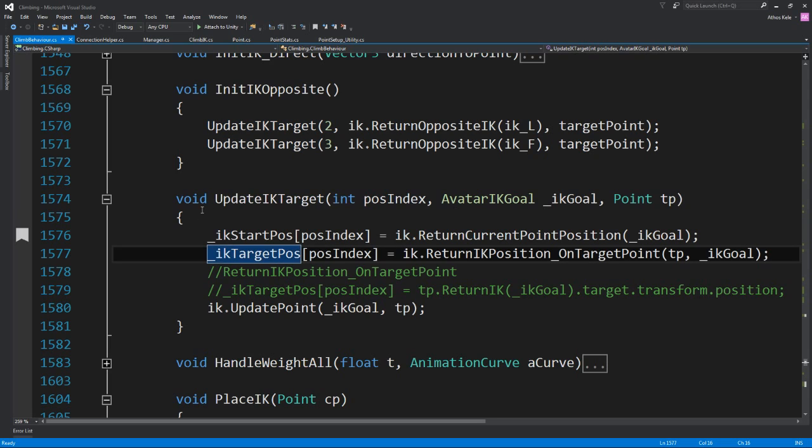Excuse me for that. So on update IK target, we're passing the index, the IK goal. The only important thing is the change from this IK target position. What we have from a target point, again, we were getting the IK positions from our points. We now get them, we calculate the IK positions based on